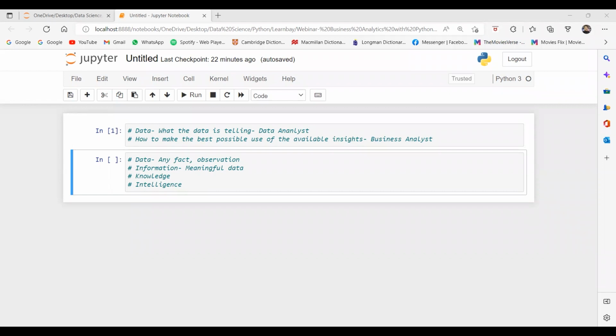For example, once he gets the data, the reports, and the application done, he will check whether it is working properly or not. Once he is satisfied, he will deliver to the client, or give his recommendations to the business team: you can take this decision, and if you take this one, we can grow. Are you getting my point? So this is the job of a business analyst. A business analyst is more of a managerial role, but he should have the skills of a data analyst as well.